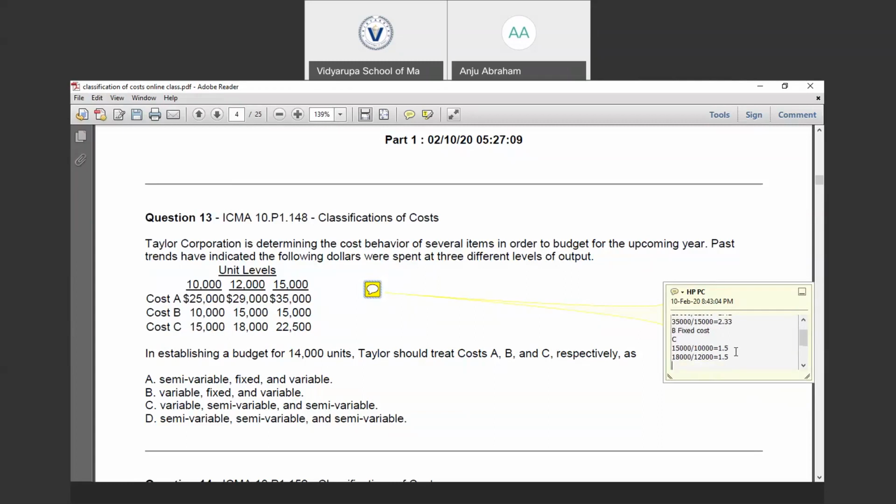And at 15,000 units, the cost is 22,500 divided by 15,000, which is 1.5. While observing this pattern, we know that the unit cost remains fixed. We know that for variable cost, the unit cost is fixed. So cost C is a variable cost. So cost A semi-variable, cost B fixed, cost C variable. From the options, A is the right answer.